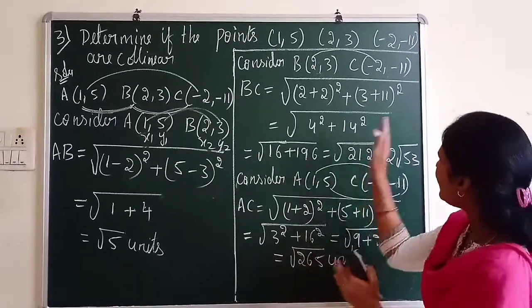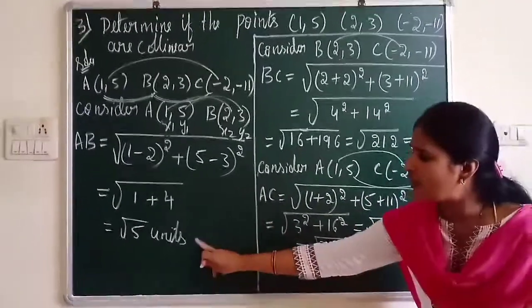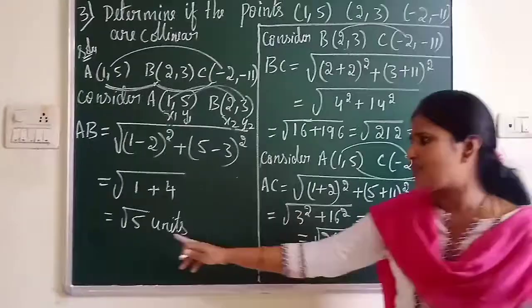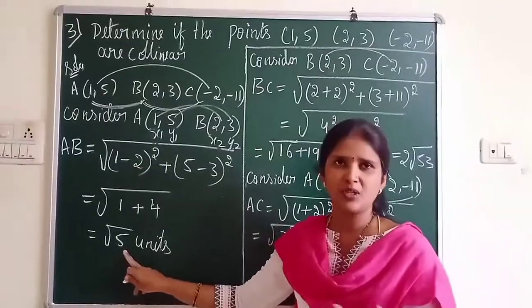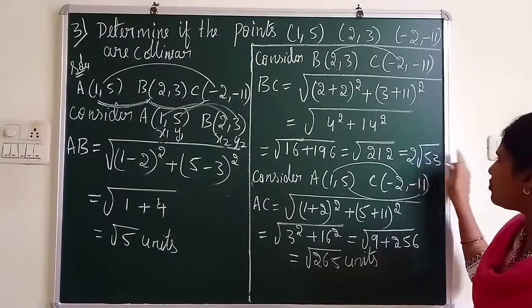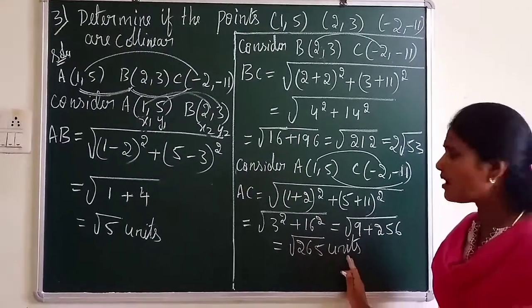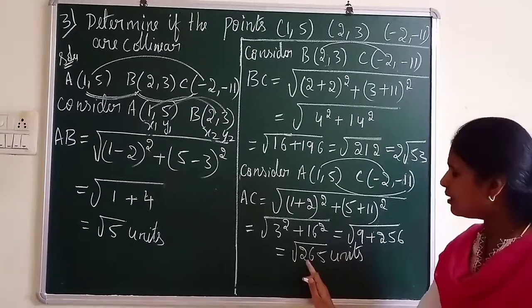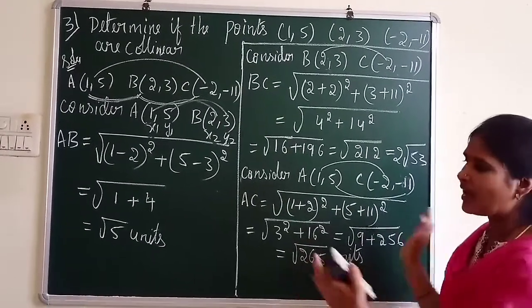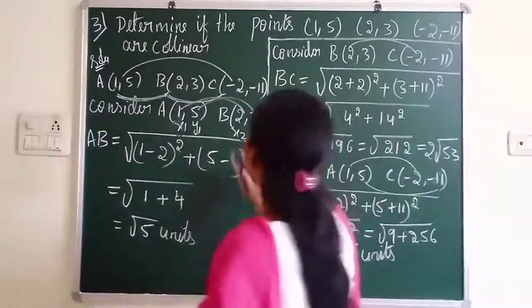Observe, if I add any two sides, am I getting the third side? No, I'm not at all getting it. Just orally you can see root 5 is 2 point something. And here 53 means 7 squared is 49, so 7 point something, 2 times that is 14 point something. And here 265, 15 squared is 225, so that is around 16. So when I add any two sides, I am not getting the third side. So you can conclude that